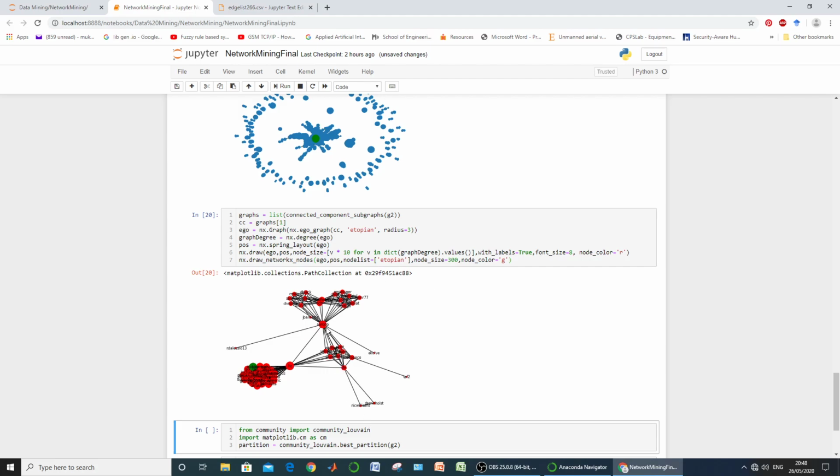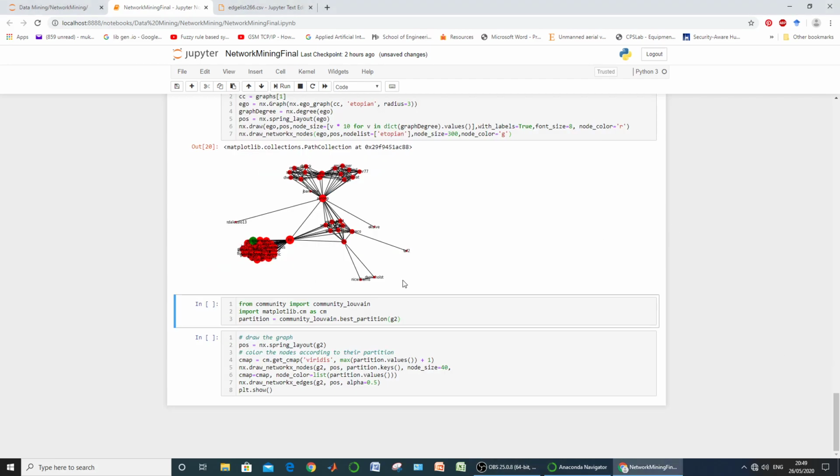All the connections shown here are at most 3 distance from the green colored node, that is the Etopian node. So it is the representation of ego networks or ego graphs.